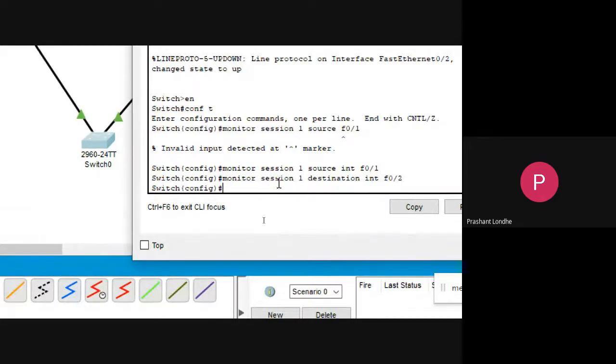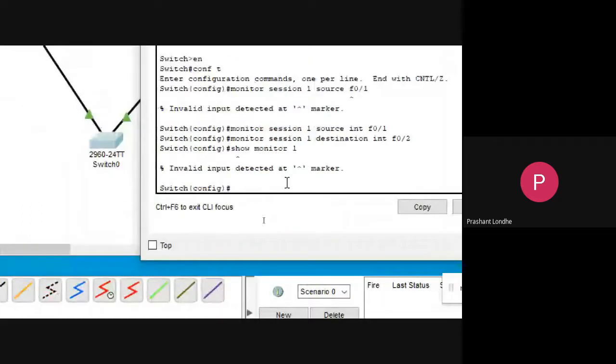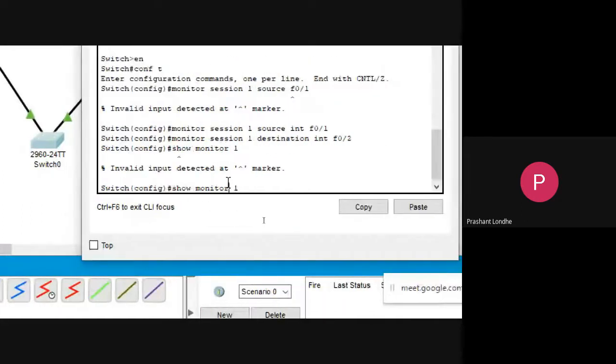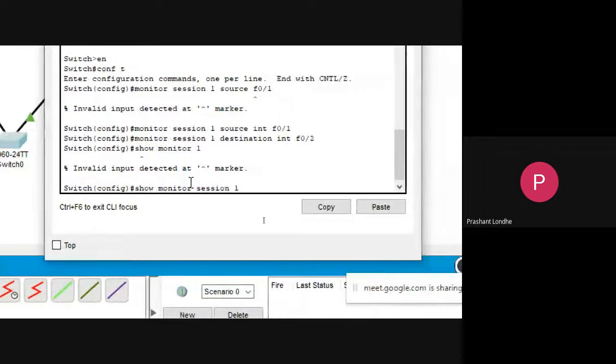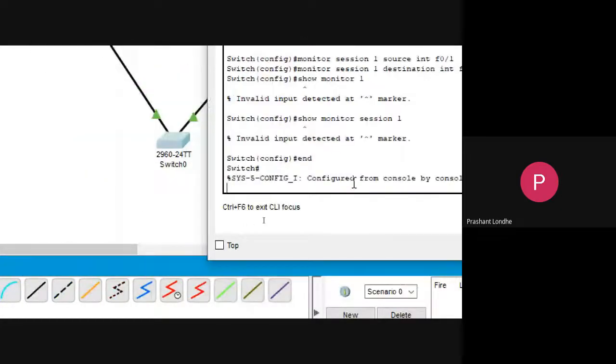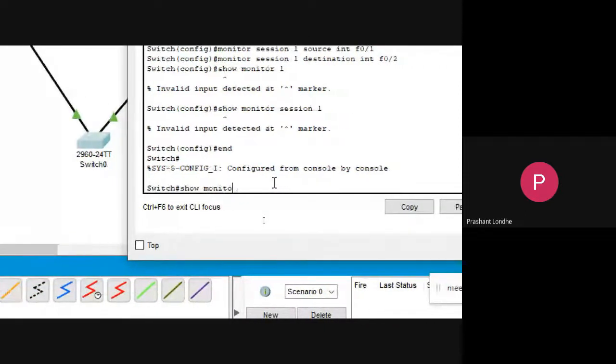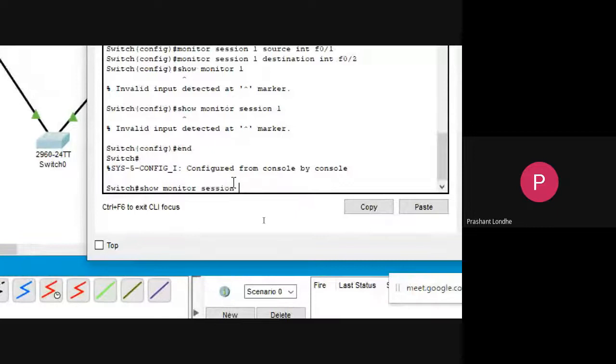Now let me check show monitor session 1. Okay, and I need to go to the root, and now let me type show monitor session 1.